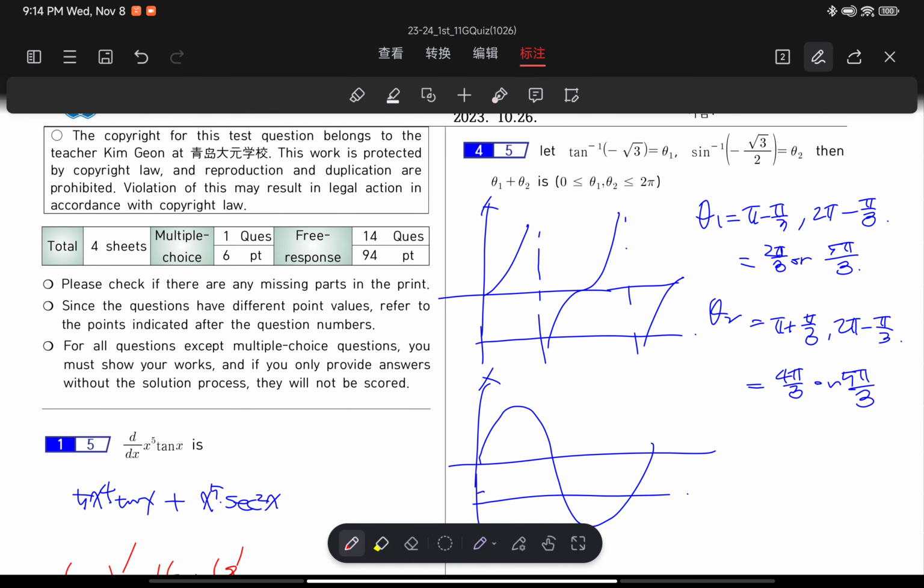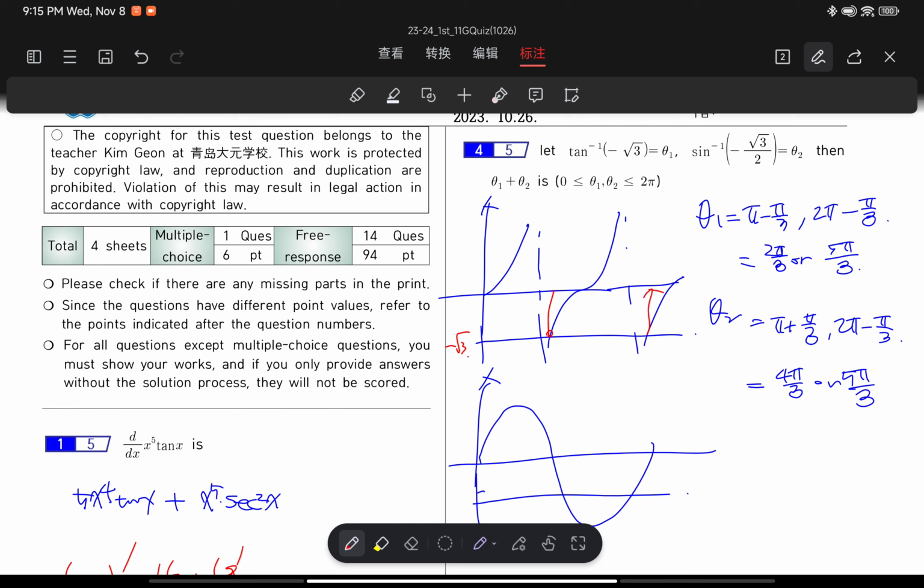Okay. Number 5. So for tangent inverse, arctangent, both notations can be used. So tangent inverse of negative square root 3, or arctangent of negative square root 3, both are okay. So arctangent of negative square root 3 equals, here is the tangent x, here the negative square root 3. So there are two